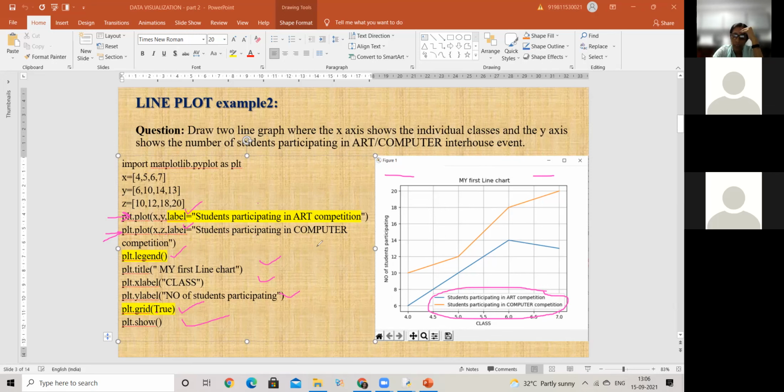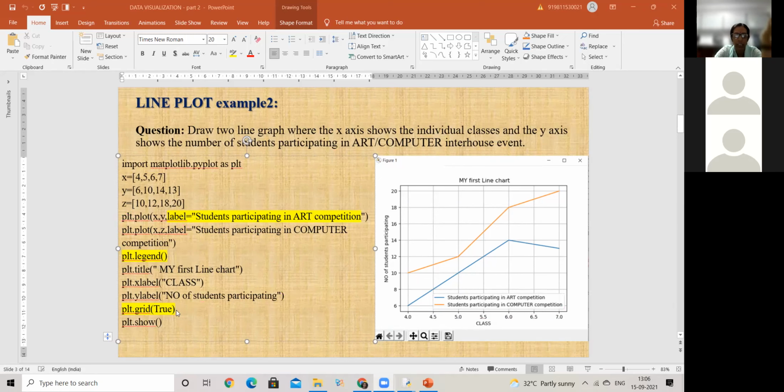Right? So that is how we are able to do some modification in our graph. I can add legend, I can add grid, and I can specify what you want in the legend as labels while you plot the data. And fourth point is that